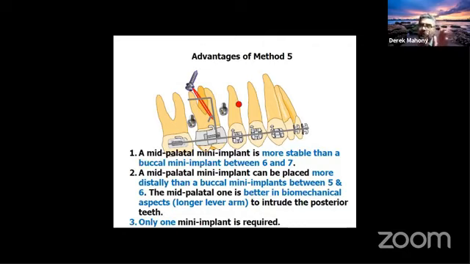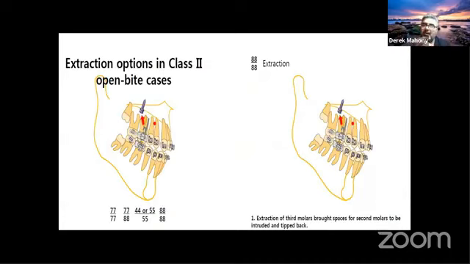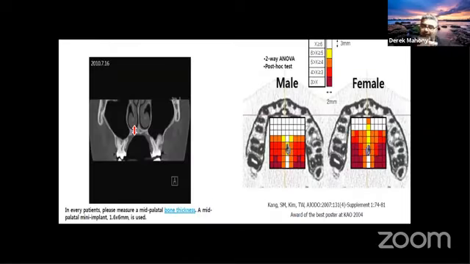So what that does is you can position it in a good center of resistance. And because you only need 1 mini implant, it's much more cost effective. But what we're doing here is using the TPA with torque and intruding, again, the molar to encourage the auto rotation. Now, sometimes we take out the terminal molar. This paper, again, by Dr. Kim, won the best poster at the Korean Orthodontic Association meeting in 2004, and I was there to